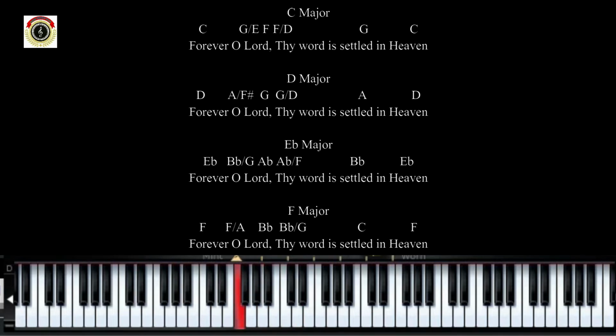Now to the E flat. Forever. The E flat chord. That's G, B flat, E flat on my right, and then E flat there. So